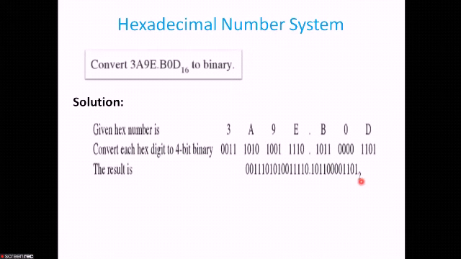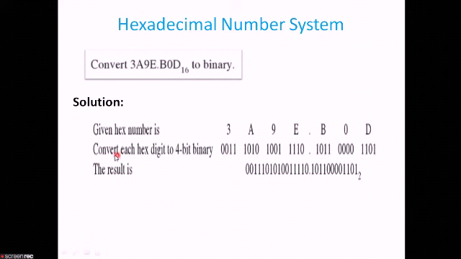Next, we are going to do the hexadecimal to binary conversion of another number which has a point. This hexadecimal number has an integer part and a fractional part. And we will see here how to do it. The method is the same. We have to convert a hexadecimal number to binary and replace each hex digit by its 4-bit binary group.